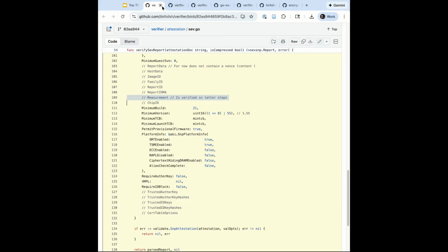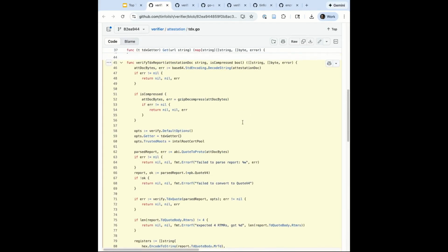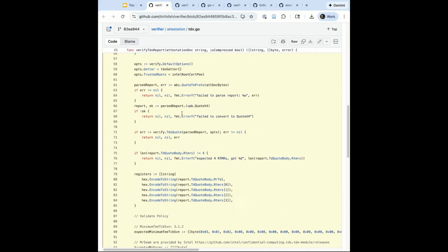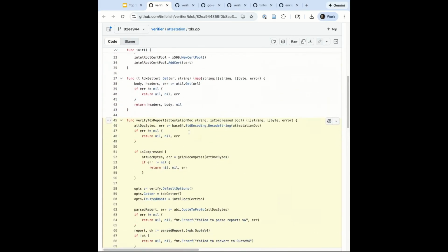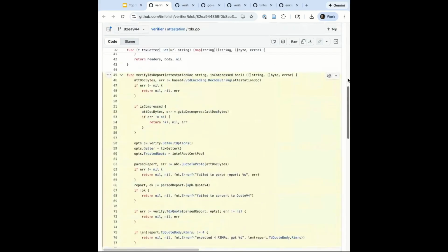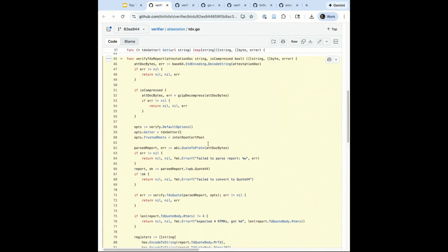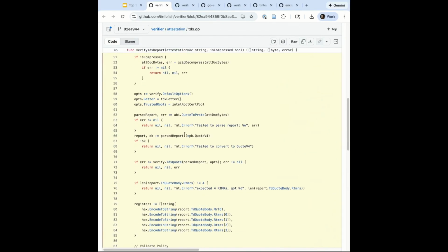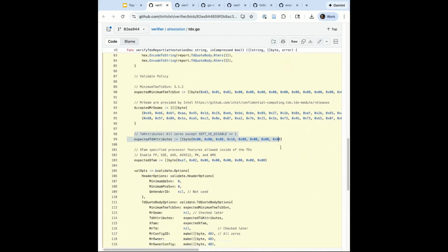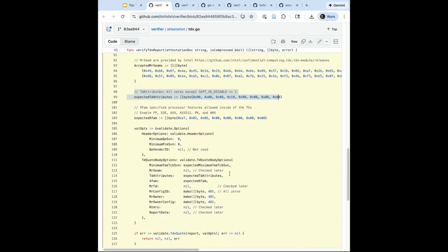So that's for AMD. There's some interesting things to cover on the TDX side. So one is that this Google Go SEV-SNP verifier library that Tinfoil is using is relatively popular. It has some pitfalls where the defaults are not exactly secure. So, for example, if you fail to specify expected TD attributes fields in this verification, it will by default allow debug mode enabled enclaves. And